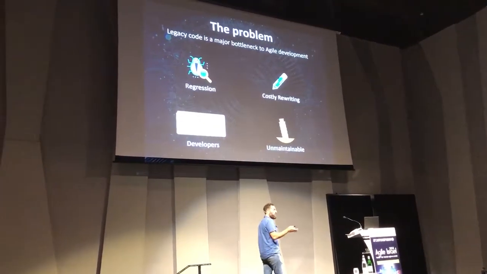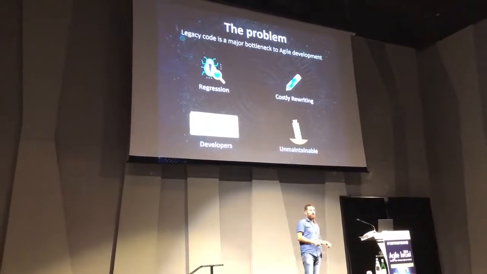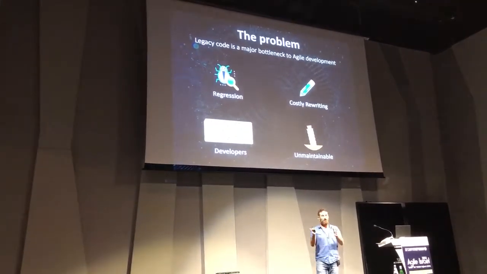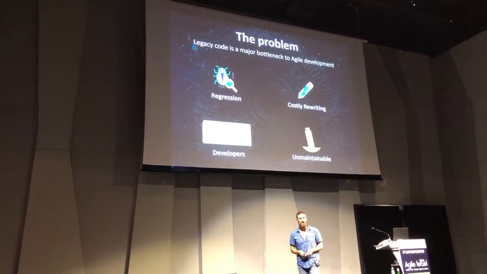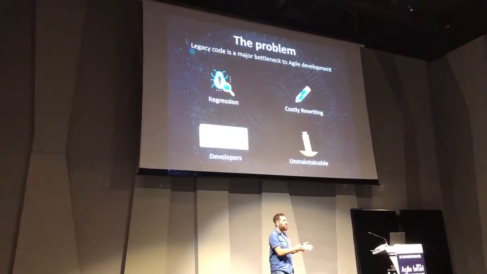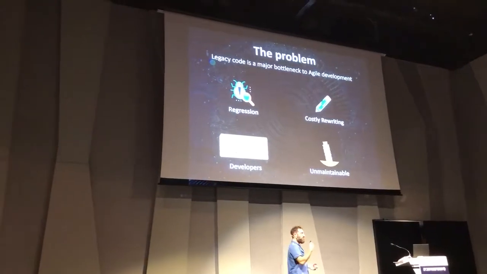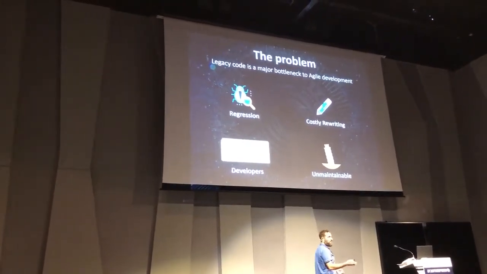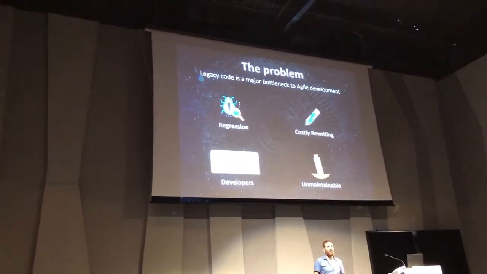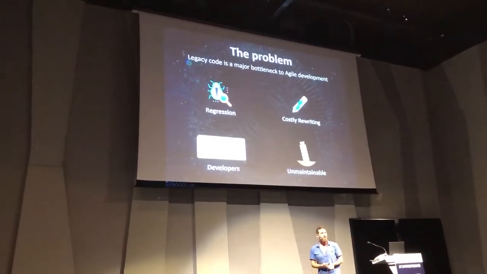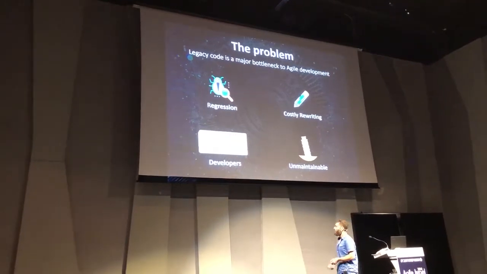So I'll give you an example. Let's say you develop for 1 month, you need to QA for 1 month. When you develop for another month, you need to QA for 2 months. So you have double the features. And then if you develop for another month, you have to QA for 3 months, because there's triple the features than the first time. So every time you add a feature, the time to check it grows. And it grows exponentially. So this is a real big problem with legacy code, the regression.